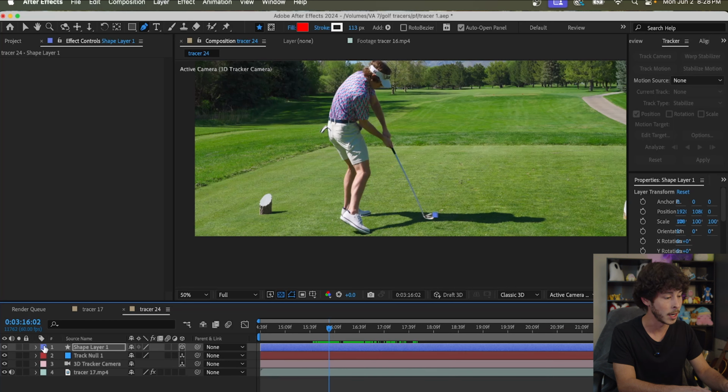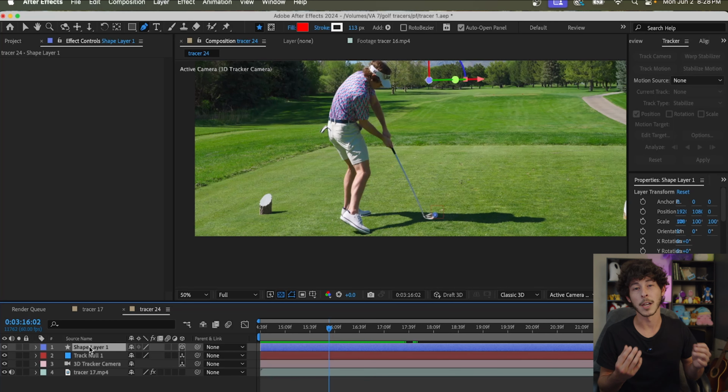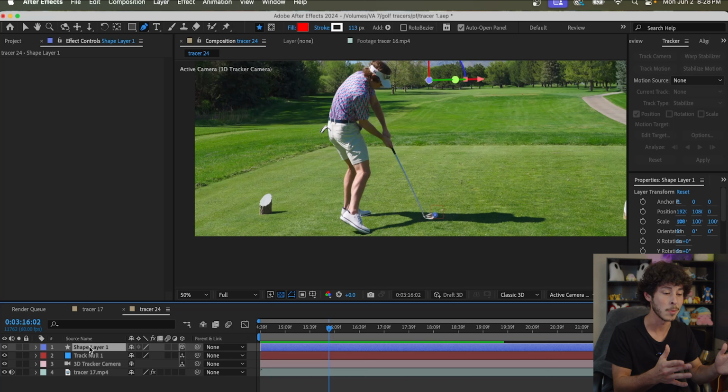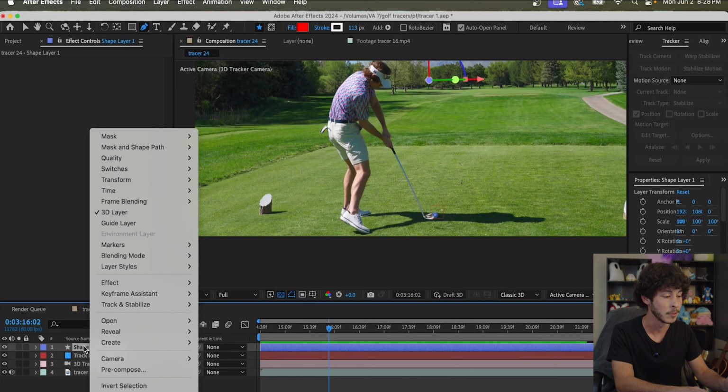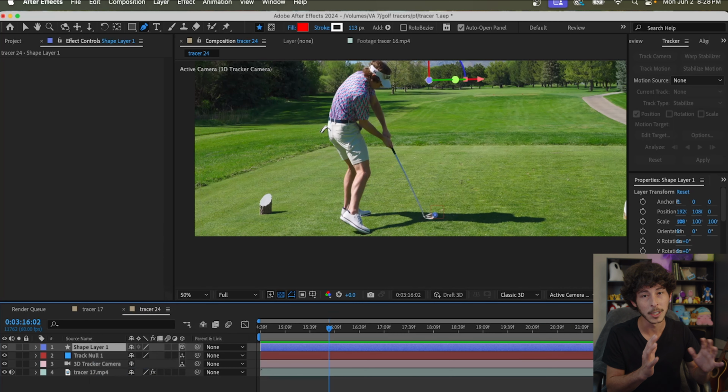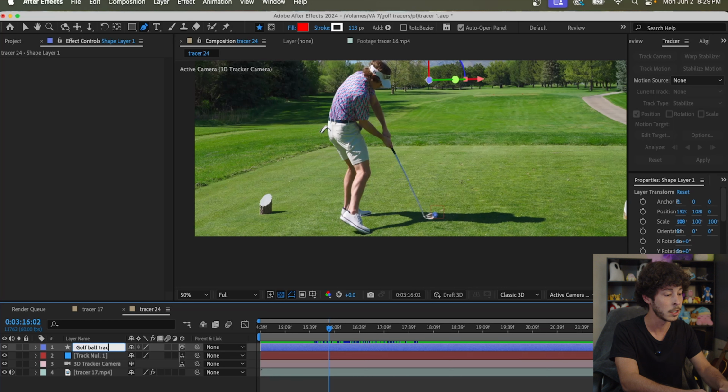we're going to click on this drop down arrow on shape layer 1. Sometimes when I'm doing a lot of stuff, I don't take the time to rename everything, but if I'm doing just a couple shots and I have more time, I'll go through and rename stuff. So right click on the shape layer. It's a really good habit to get into, honestly, and name this like